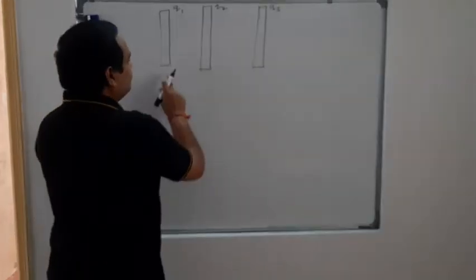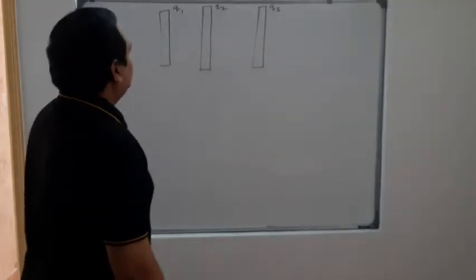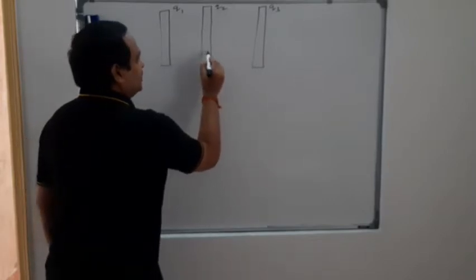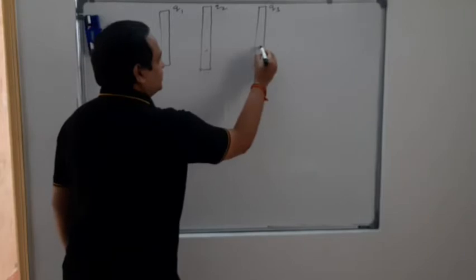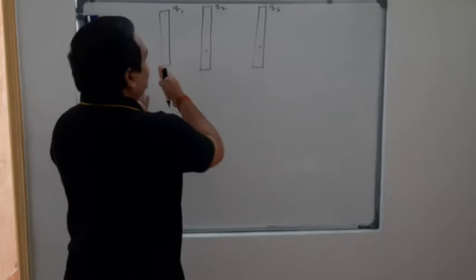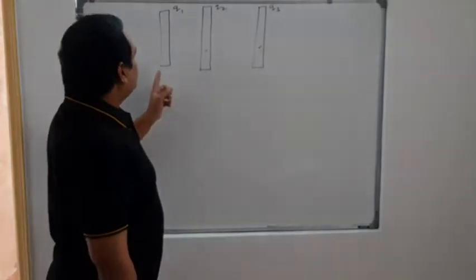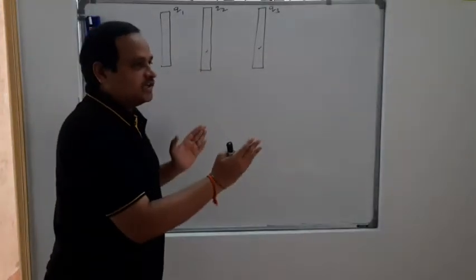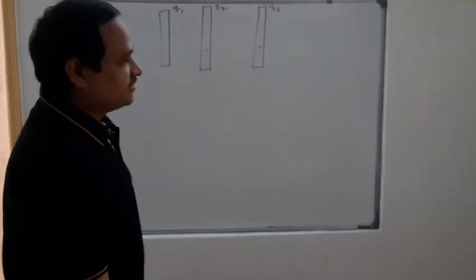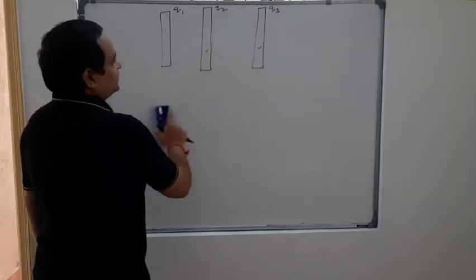Now we understand when Q1, Q2, Q3 are brought closer towards each other, then due to the effect of the first conductor, the charge distribution will differ in the second and third conductors. Due to the effect of the second, we observe the charge distribution varies in Q1 and Q3. Now we are discussing when three charges Q1, Q2, Q3 are placed at a certain distance, either equal or different, that doesn't matter. So how the charge will be distributed, we are going to discuss. Let us see.